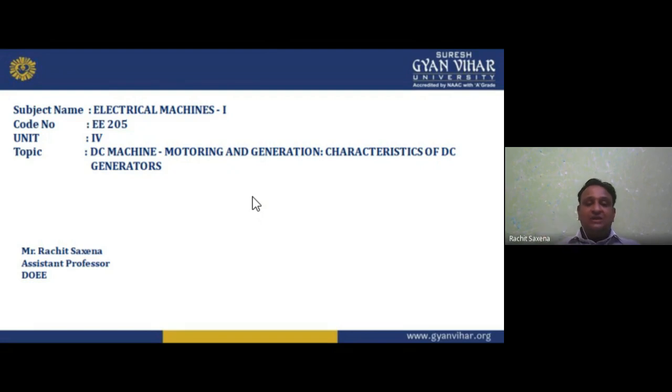Okay, understand? After the commutator, we need brushes because we want to flow the current from the commutator output to the terminals of the motor or machine. Because we want to give output in the form of electrical energy, we need an input in the form of electrical. So the commutator-brush arrangement is very necessary in DC. The commutator converts AC into DC by direction reversal of induction, then the brushes carry the current from the commutator output and transfer it to the terminals. So that is a very necessary point.